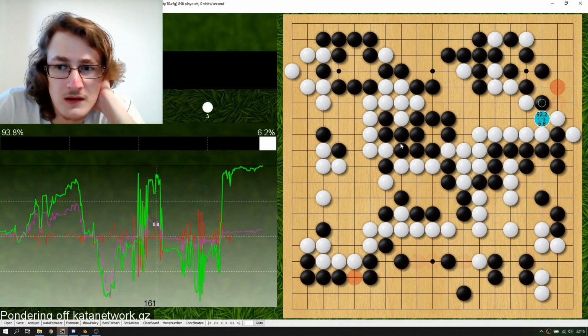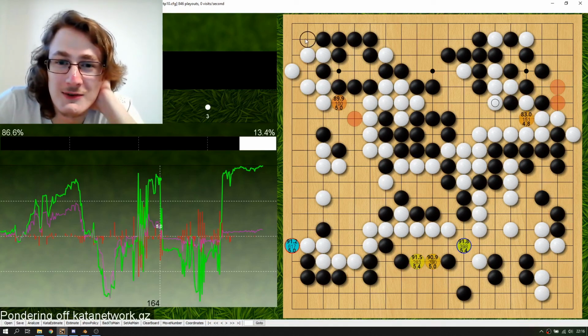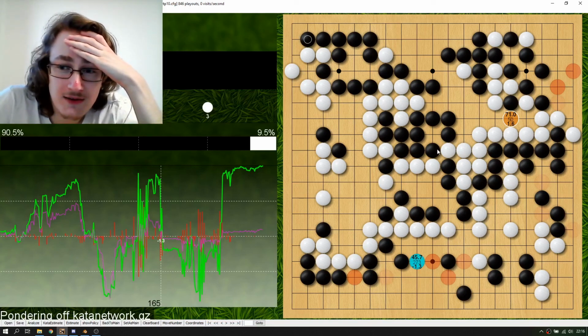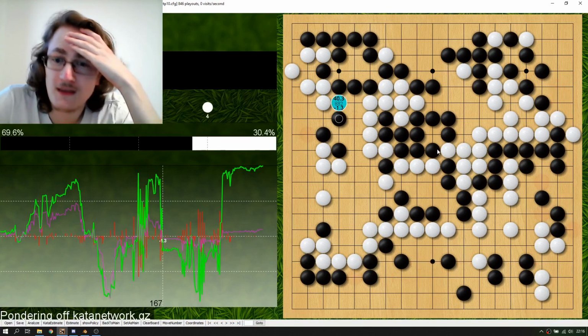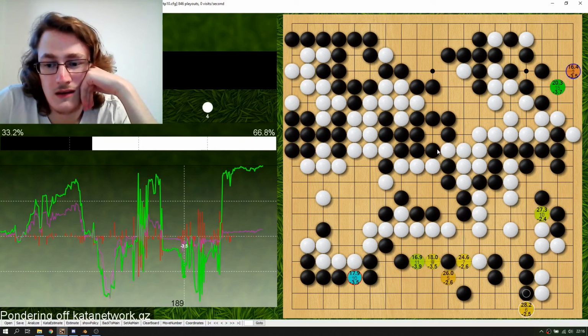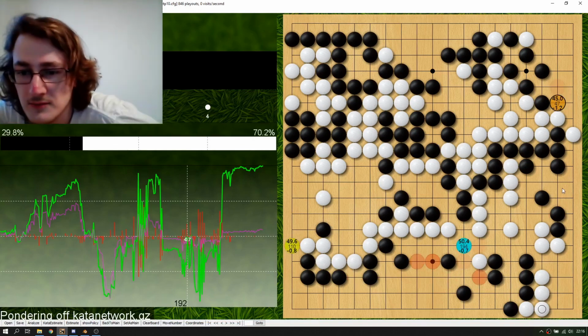And once again, it's completely winning for me, but then for some reason I decide to play this completely useless 2-2 point, which I thought was sente against this group, but as it turns out it's not. So then it's back to an even game. I play out this whole sequence and we find out that I just die. Maybe I just didn't analyze this deeply enough, but I'm thinking this must have been a